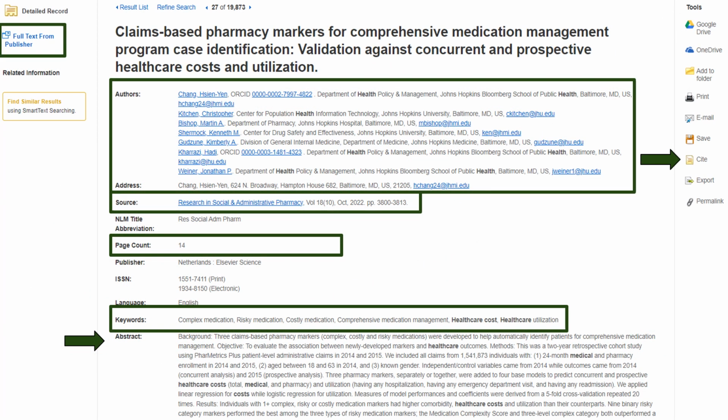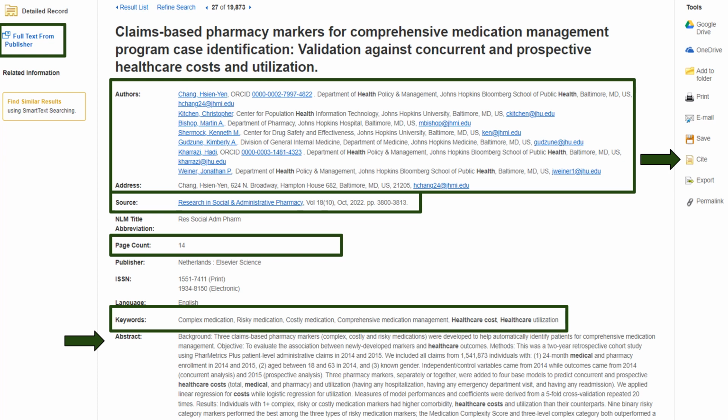How can I put all of this together? Let's look at a real source together and see how well we can apply the SCRAAP test. The first piece is self-awareness. Let's say that I'm working on a research project that asks the question, how does the cost of prescription drugs relate to healthcare usage? I probably have an opinion right away about what I expect to find, so we need to keep that in mind as we search.